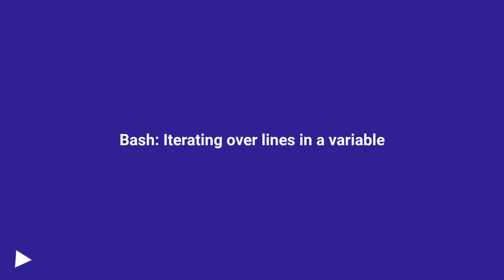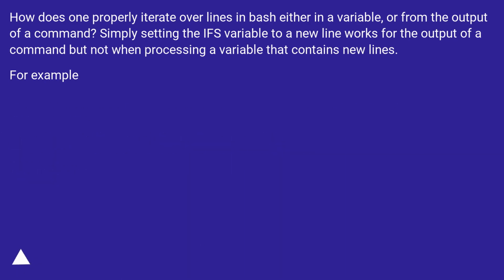Bash, iterating over lines in a variable. How does one properly iterate over lines in Bash, either in a variable, or from the output of a command? Simply setting the IFS variable to a new line works for the output of a command, but not when processing a variable that contains new lines. For example,